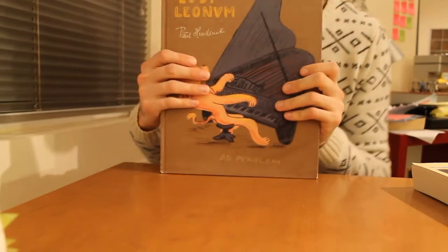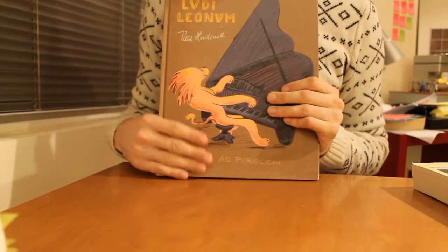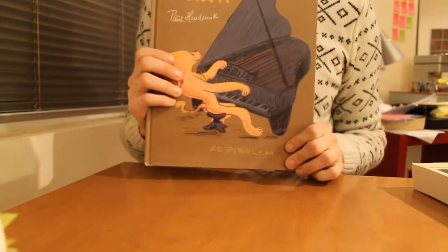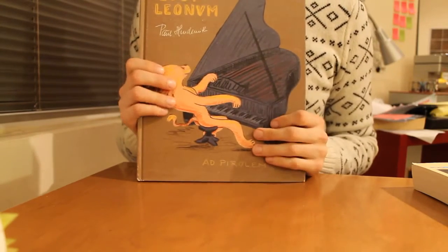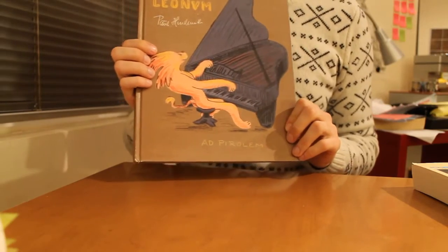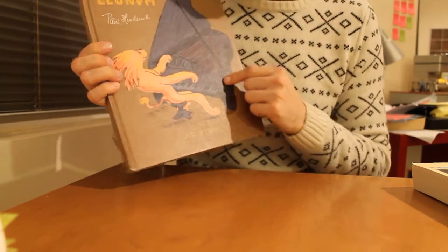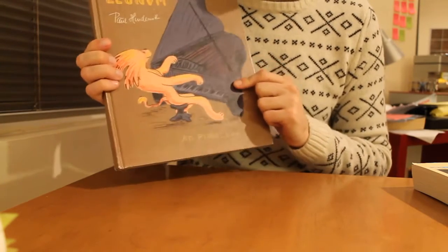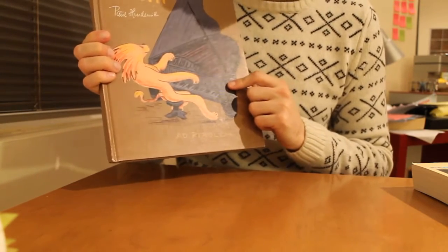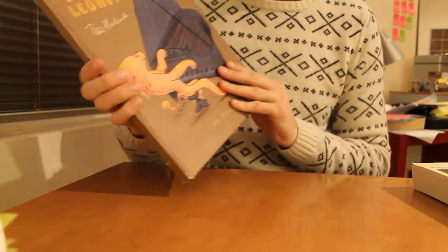Let's move on now to Ludi Leonum by Paul Hindemith. This is an Ottolenghi-library book. I actually got this as a gift, as a present, and it may have been the best present I've ever gotten. Even though I don't even play the piano, this is so adorable in a way, and I like the music as well. The thing is,